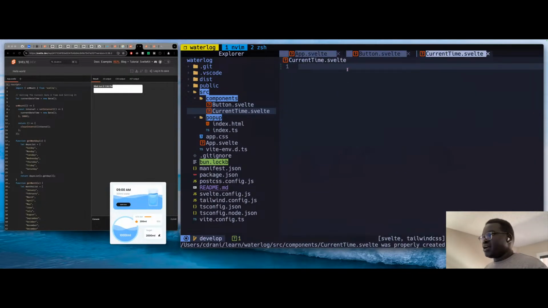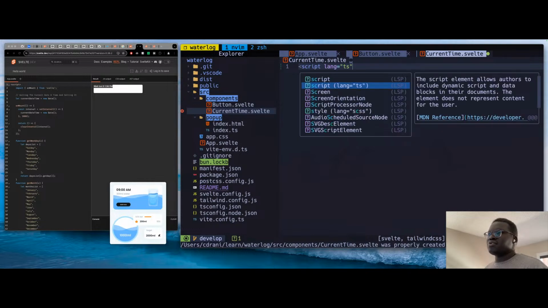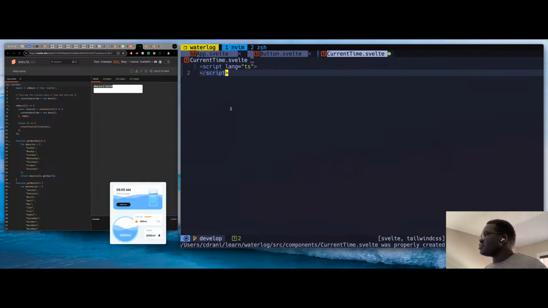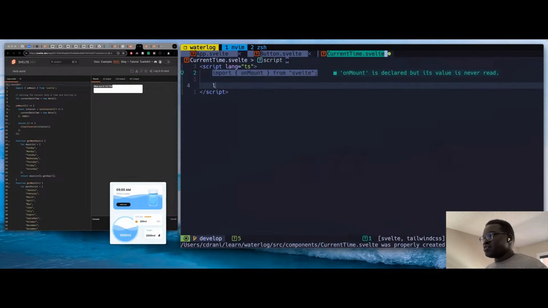All right, so we have script. I wonder if Emmet is in? So we probably need on mount. So when it starts, import on mount from svelte and the current time. So we set, get the current time,